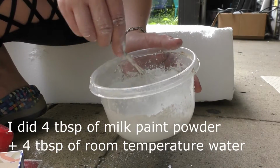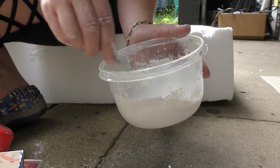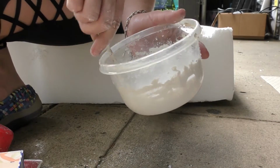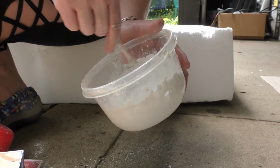Remember, in the very first 10 minutes, this is when your Junk Monkey milk paint powder, and remember we call it the milkshake powder because it honestly looks like a frothy milkshake when you have it stirred up and mixed up. But give it the first 10 minutes to combine and thicken up,